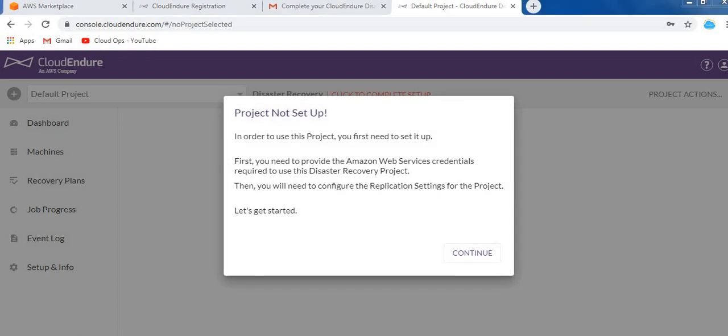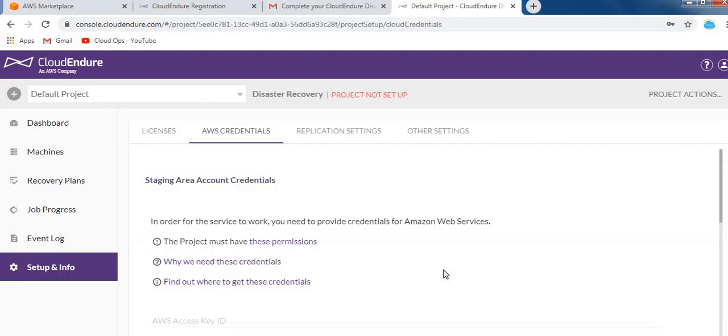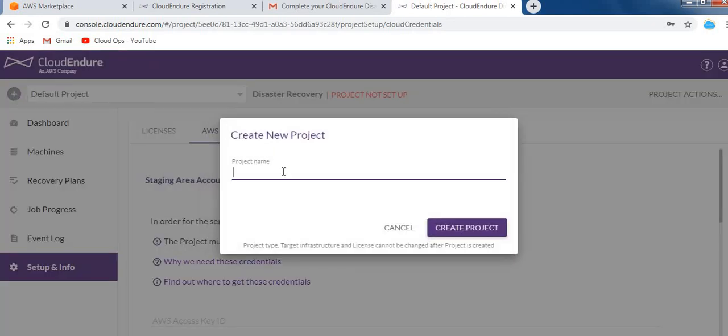We can create multiple projects in Cloud Endure. So let's begin to set up a project. You can see the plus icon here. Click here and give the project name. I am selecting demo migration.